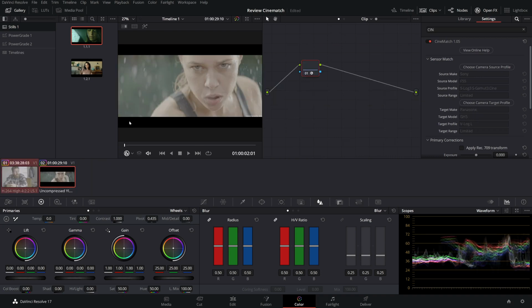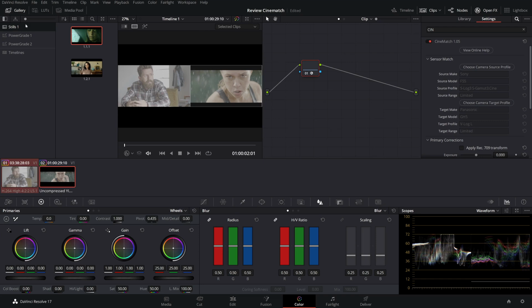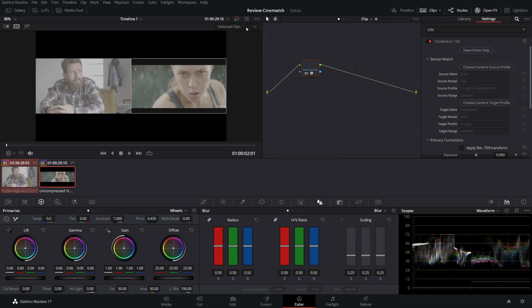So okay, I have these two shots here, and now I will show another function. I will show it with the skin, but normally I would not use this with skin because people have different skins. The important thing is that the skin is in the right place, but they are different. So this tool is not for skin, but I will show you that it will work even with the skin. But I think it's more for use with the sky or some other colors, but I will show what I'm saying.